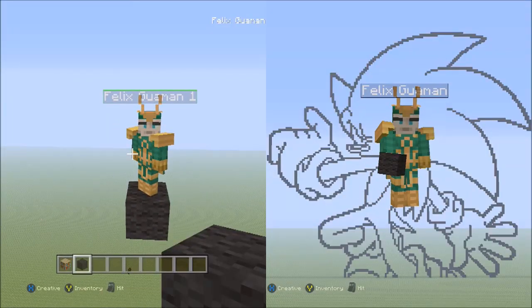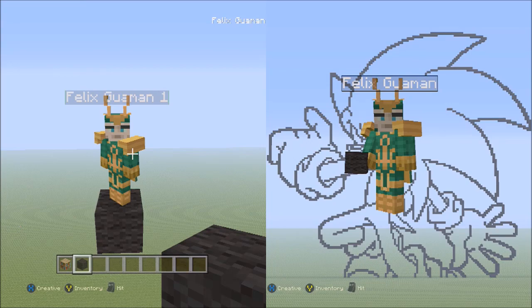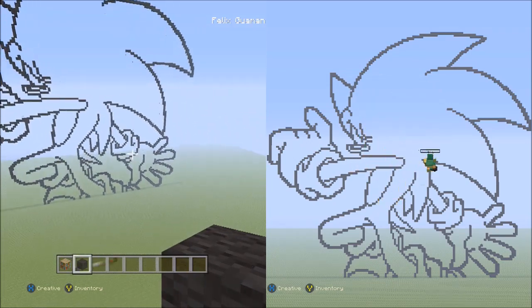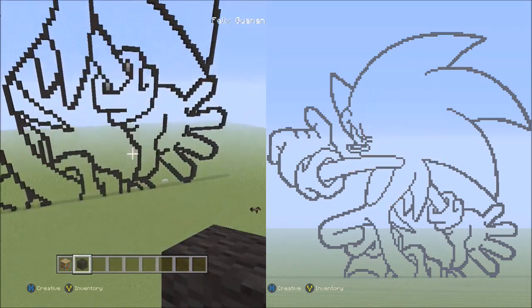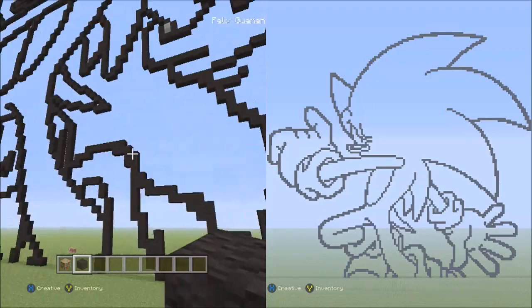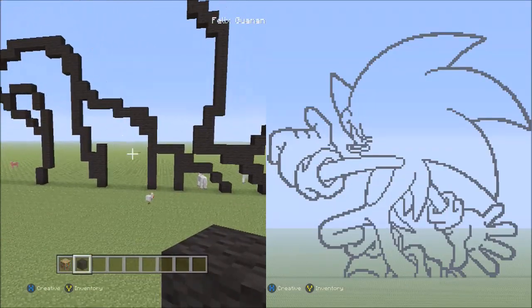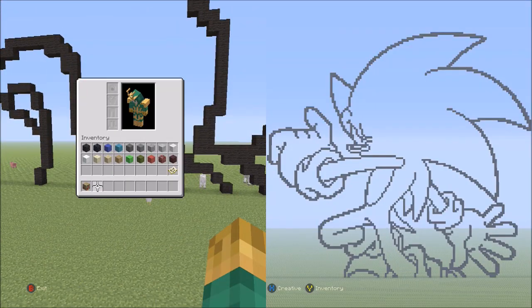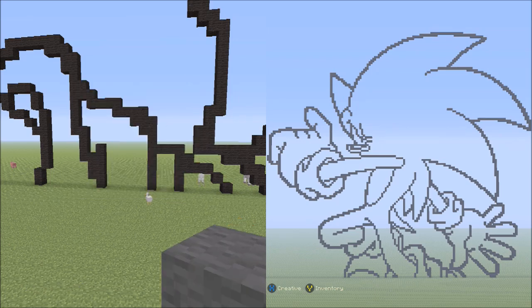Hello everyone, this is part 5 of my Sonic Minecraft pixel art tutorial, and we're going to start off by actually filling in some of the parts of Sonic before we complete the outline. So, let's put away the black wall. I know some of you are not going to like that, but let's switch to the gray wall now,